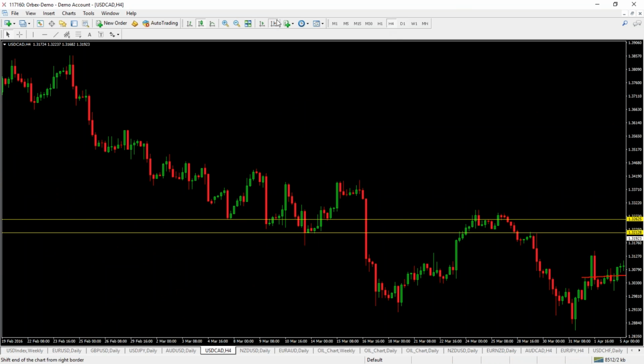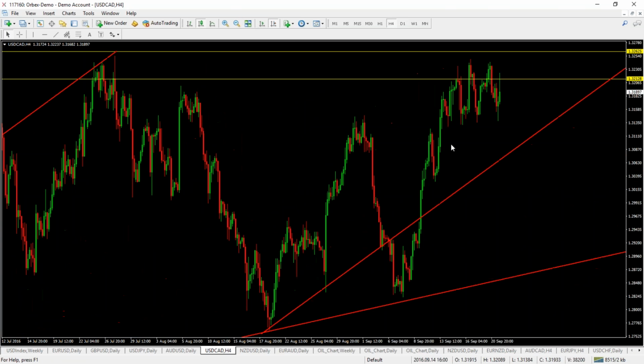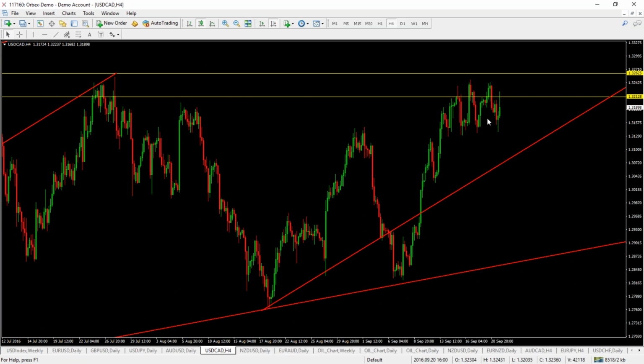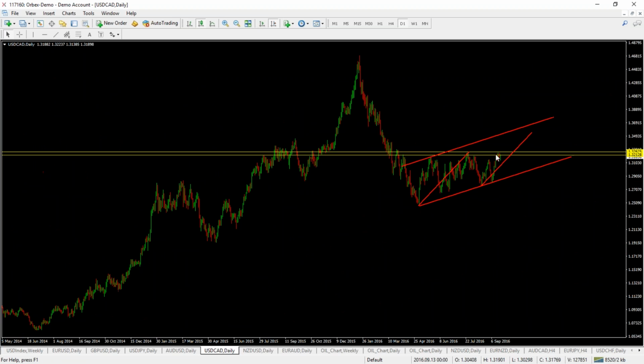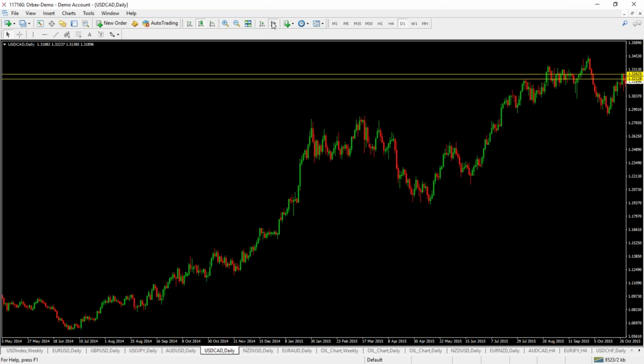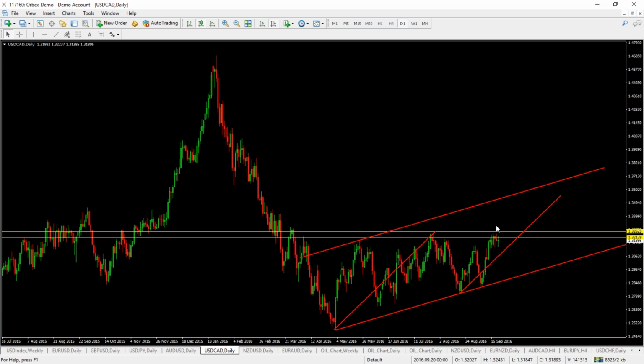So if we chop down to the 4-hour chart, you can see that this block of consolidation at this level suggests that we do in fact have a bull flag, and there is a chance of price breaking out and trading higher. So if we do get Fed hawkishness tonight, I'll be looking to play a break to the topside. And my target for this move is going to be a move up into around this level here.